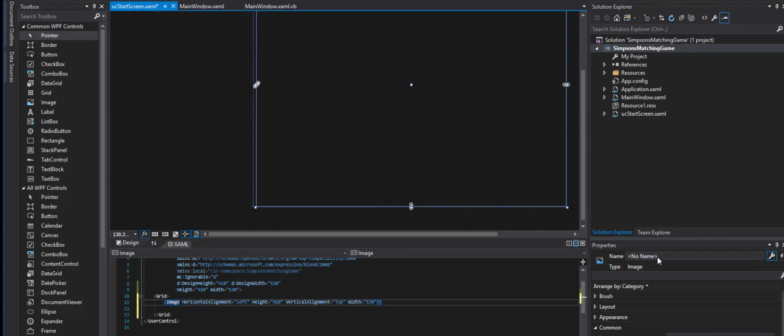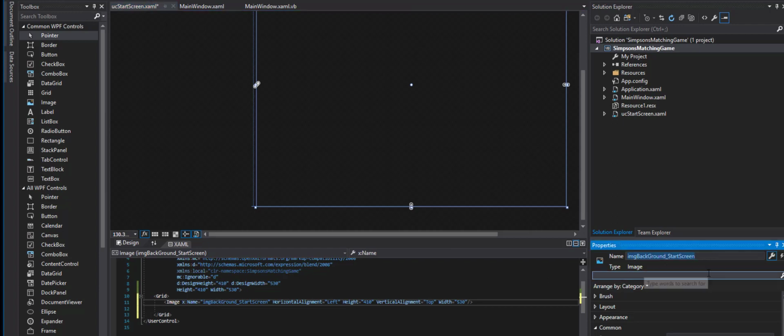And selecting that, I have that image here, but it'll be a good idea to name your image even though you're not going to use it. So I'm just going to call that IMG background, to the start screen. So that's the name of that, long name, but I'm not using it anyway, so it really doesn't matter. But it does help